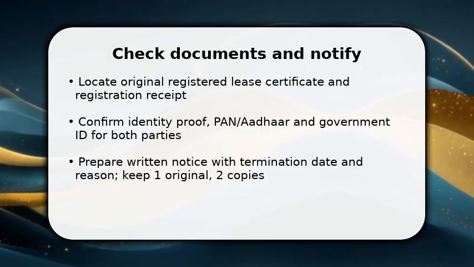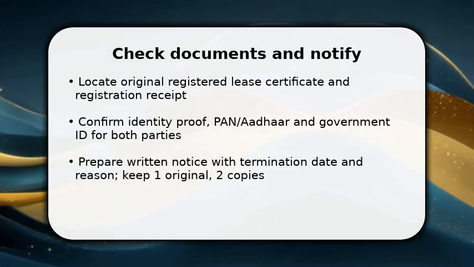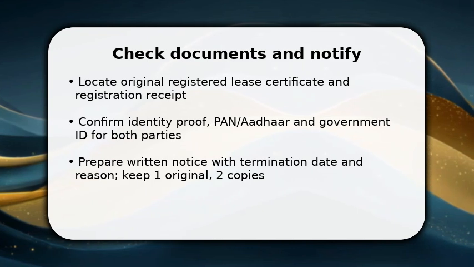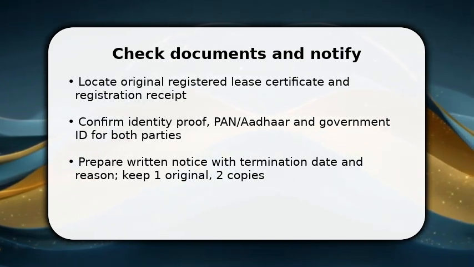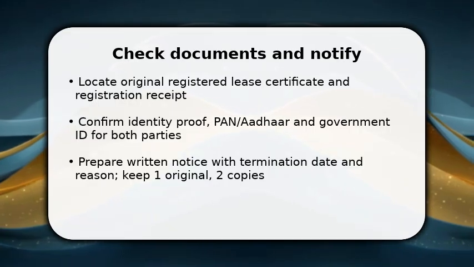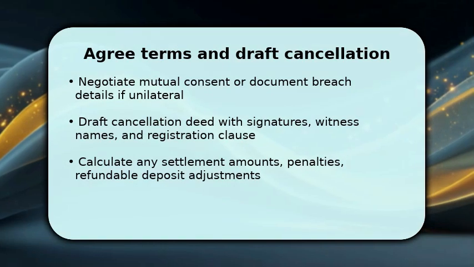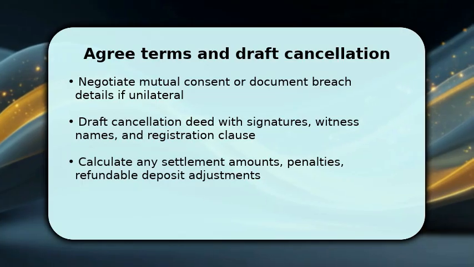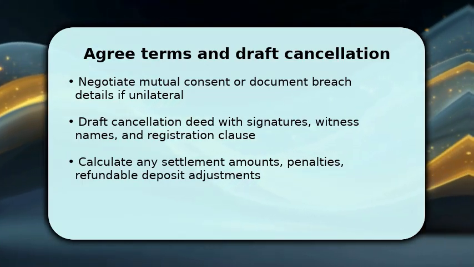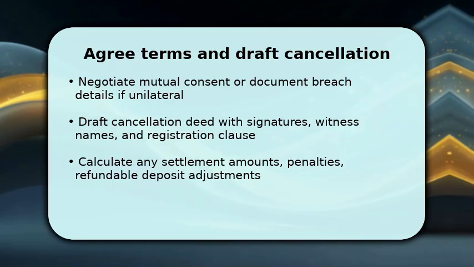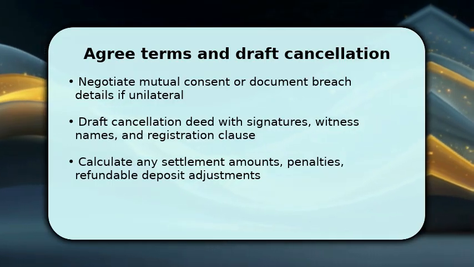Make sure to date stamp everything because the cancellation timeline hinges on the served notice and original registration evidence. Once the other party acknowledges, negotiate settlement terms, amounts, deposit refunds, and effective vacate date, so there is no dispute at registration. If you both consent, prepare a cancellation deed that cites the original deed number, registration details, and explicitly